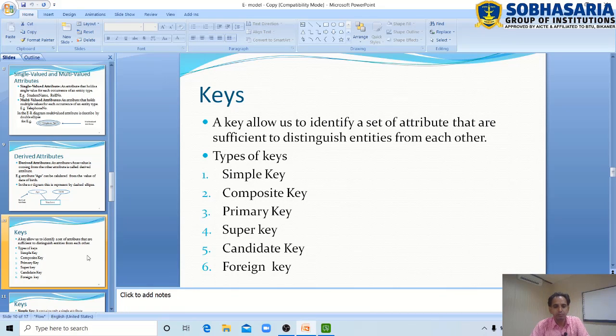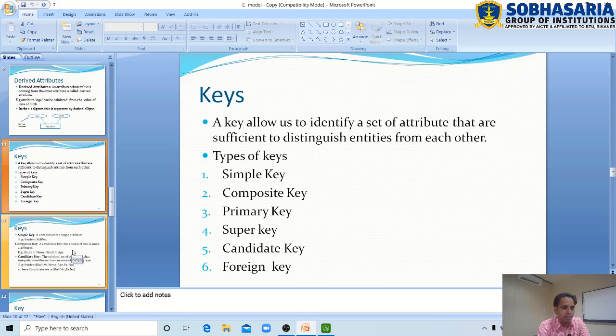Now, types of keys: simple keys, composite keys, primary keys, super keys, candidate keys and foreign keys. And we know that key is an attribute or a set of attributes to uniquely identify any entity in the entity set.